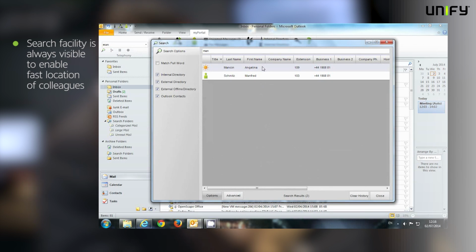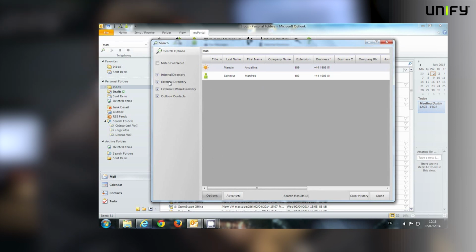letters within their name. Now that search has been looking at the internal directory, and external directories to which the system is connected. That could be doing an SQL lookup on an external directory, or it could be using LDAP, for example. But all I want to do is call Manfred, so I'm going to click on him and just dial his